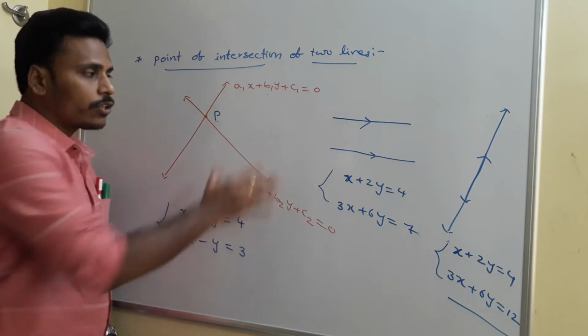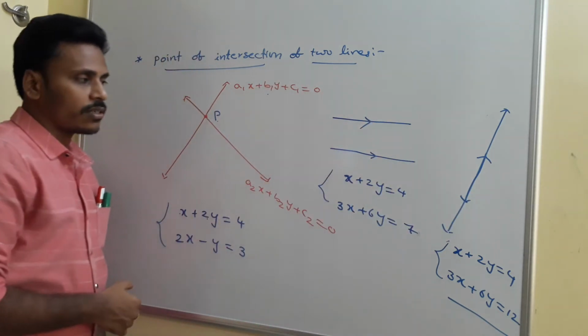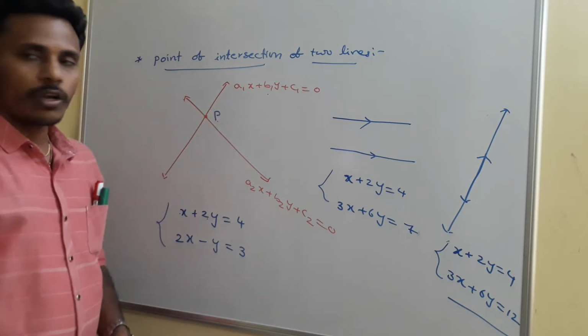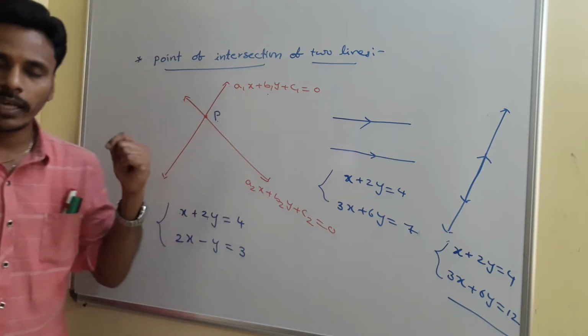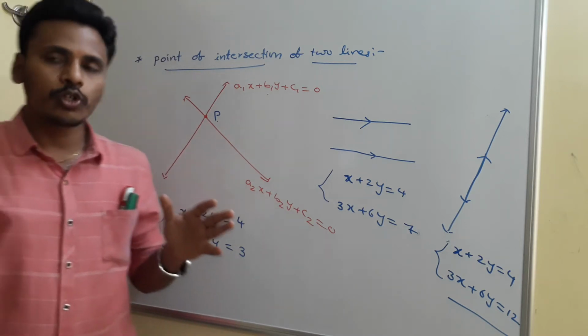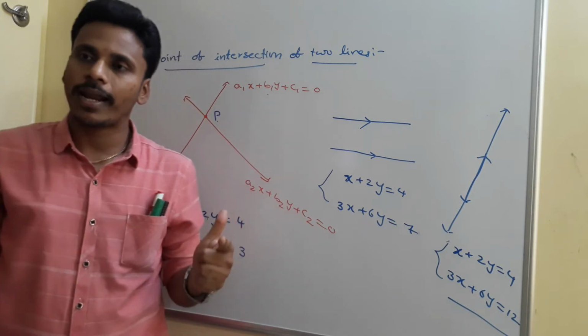So at the end, these two cases are not mandatory to discuss now. See, this case is now needed to find this point of intersection. Okay, and once again, just look there. If you have any two lines, first of all you need to check whether those two lines are intersecting, parallel, or coincident.